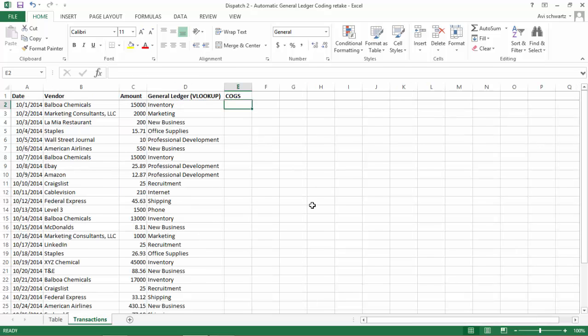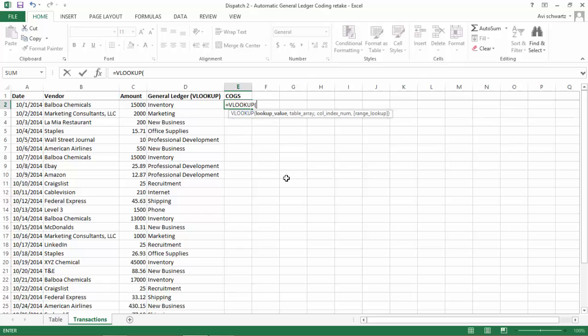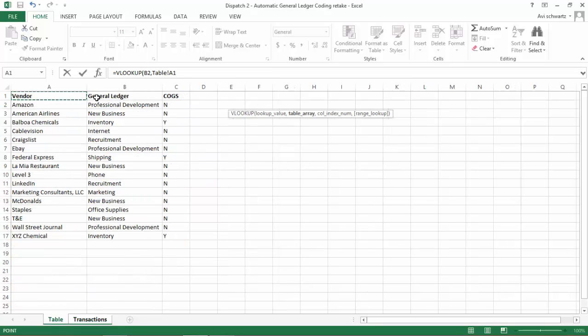And now I'm going to try to pull that yes no. So it's equals VLOOKUP. The first argument is what we are looking for, which is in this case the vendor, comma. The next is where we are looking for it, the table, the array. It's right over here. We're going to highlight the whole thing,